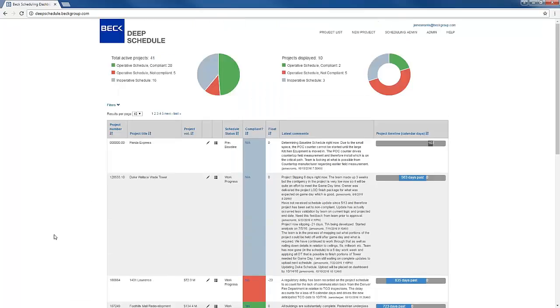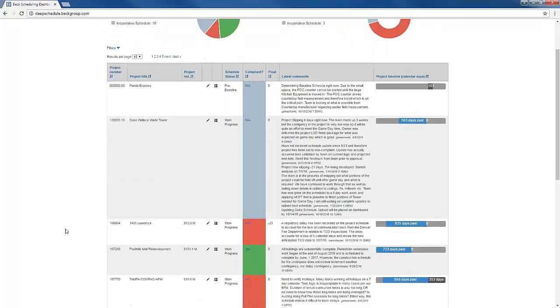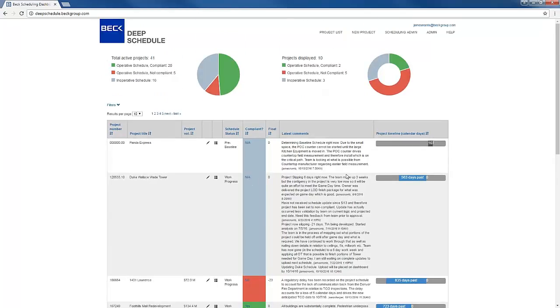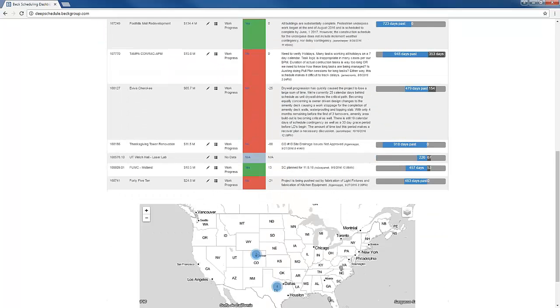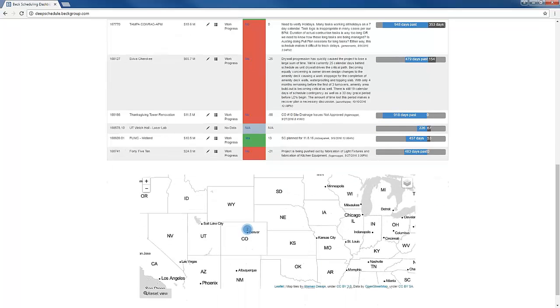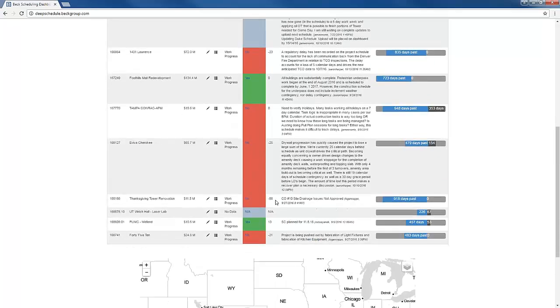We like the usability and ease of the program in some ways, that it's just intuitive to use. So we were trying to figure out what we can export out of Synchro that will read into a dashboard if we were to build one, and that was an XML file. So here you'll see projects, and we've got some that are behind because we want to know. I'll be completely open, you see these, but we can make that up. It's not an issue. This one's waiting on a change order,